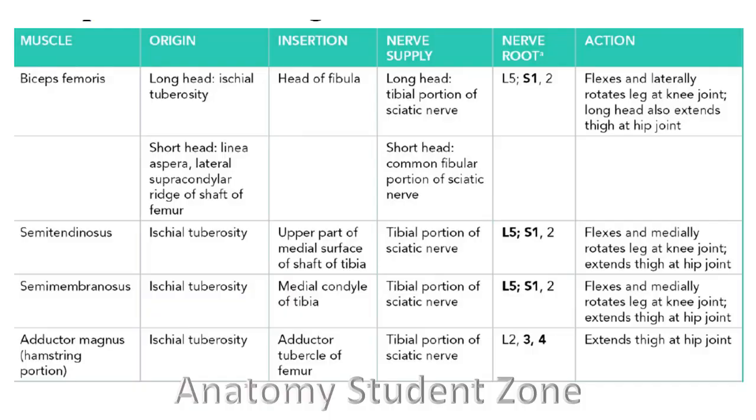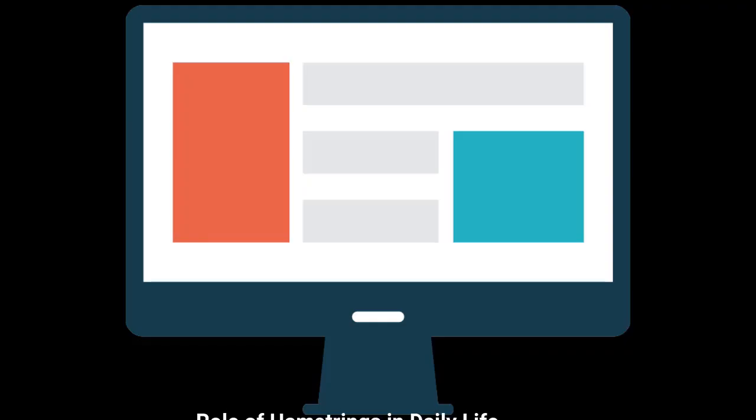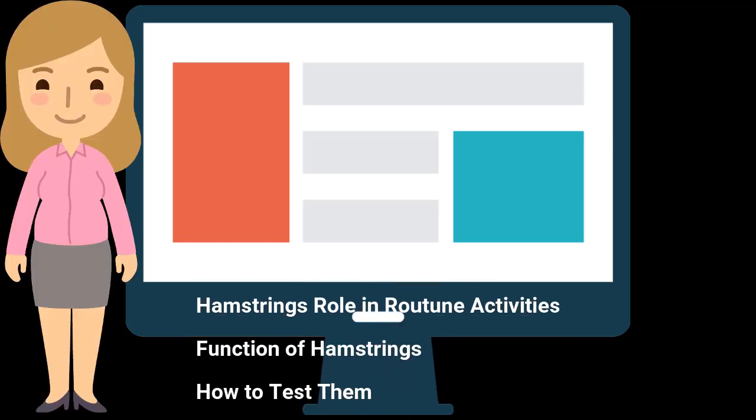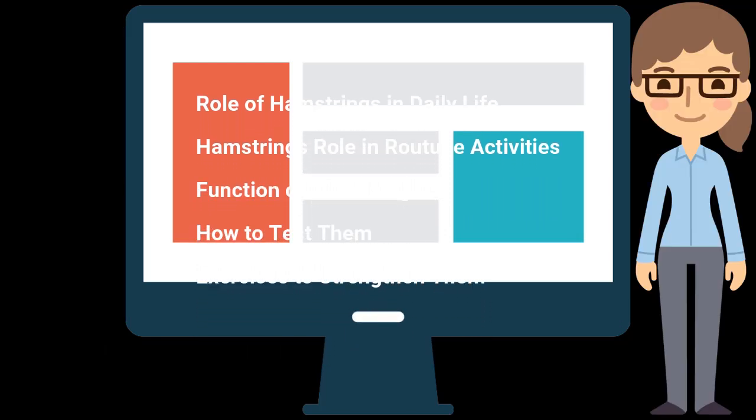Dear doctors, that was all about the hamstrings, how they are helping us in routine activities, what they are going to do. Now it's time to say goodbye and thank you, as if I cover the detail of these muscles right now, things will be boring for you. So first you have to understand their normal function, how they are going to help us in routine activity. After that we will go through the detail of these muscles, their attachments. I have covered right now how they are helping us in routine activities, which exercises we can do that can strengthen these muscles, and similarly how we can test these muscles. So again, the function of these muscles is very important.